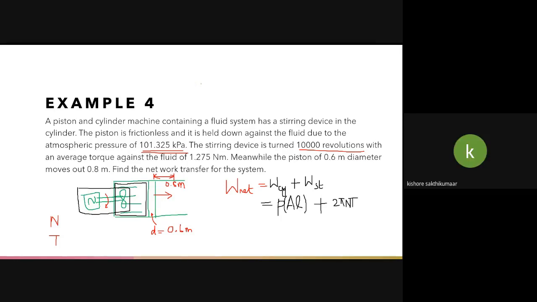Positive, because there is a change in volume, from lower volume to higher volume. Okay, it's an expansion process. So work is done by the gas on the piston. It is work done by the system, so that is going to be positive. Very good. That is correct. That is exactly the right answer. So that is work done by the system.